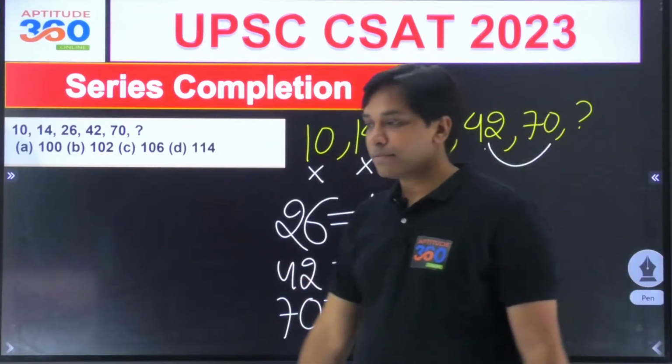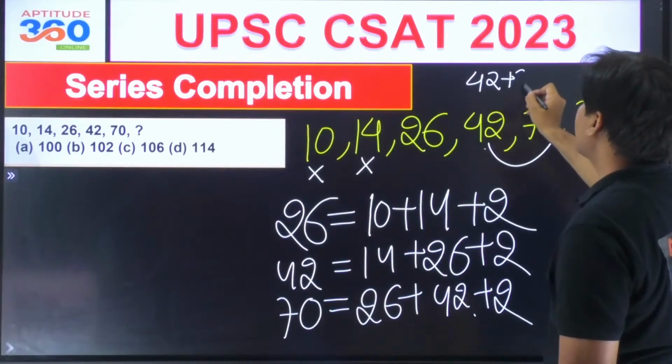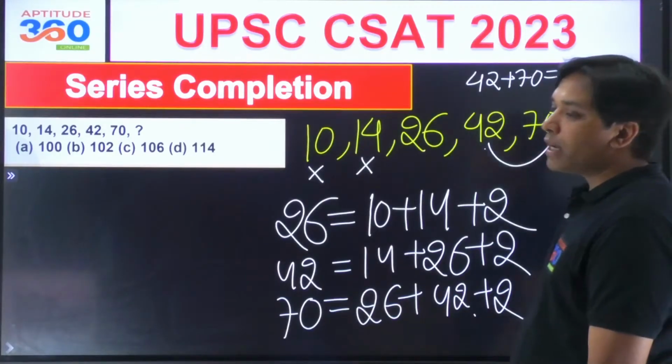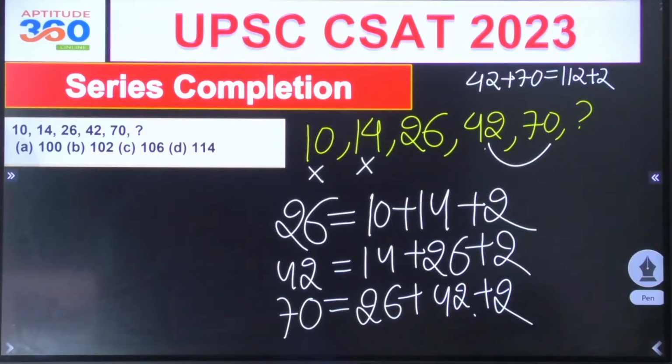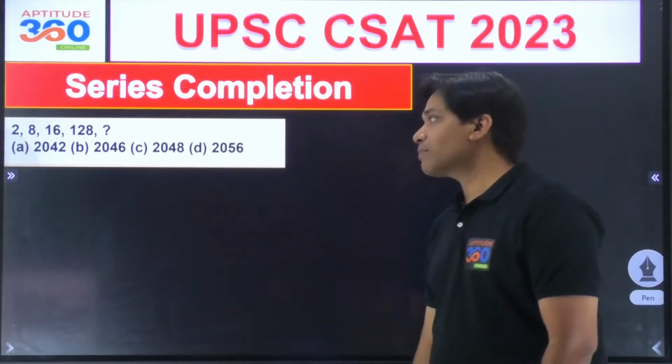So Divya is getting the answer. Good job, Divya. Very good job. So next is going to be 42 plus 70, which is going to be 112 plus 2. Answer is 114. Very good job. How about others? Are you understanding this, people? Are you guys understanding what I am saying? Is this okay? Shivam says it is okay. Go ahead, solve this problem, people.